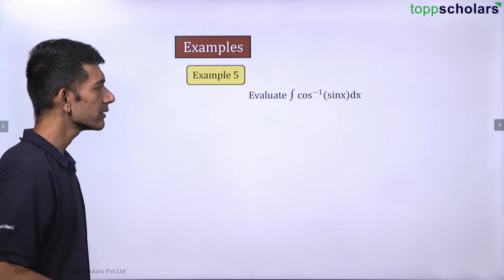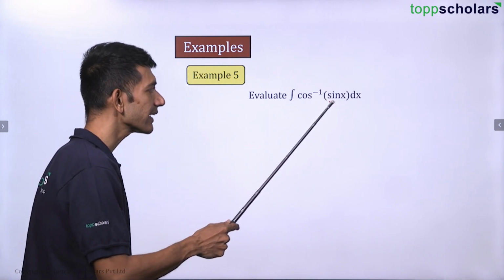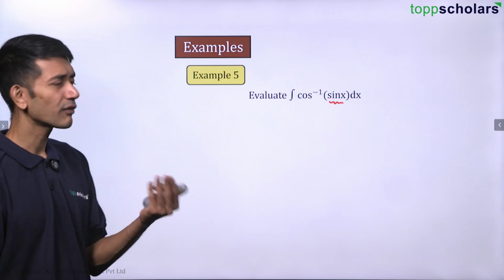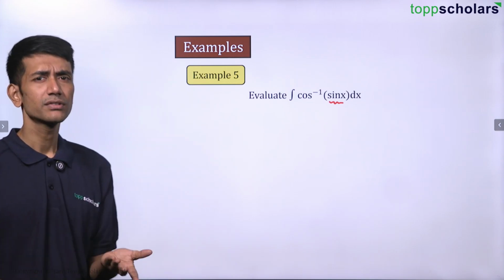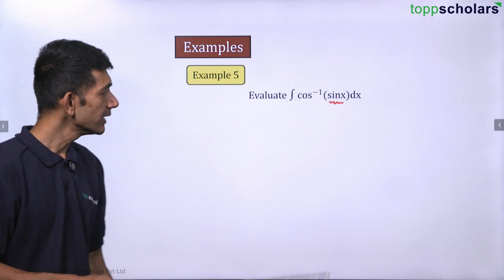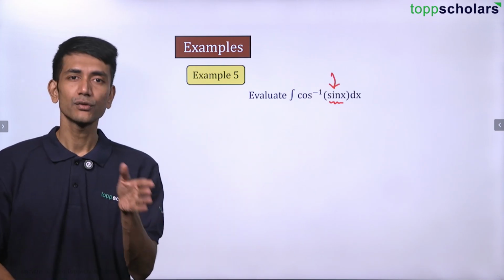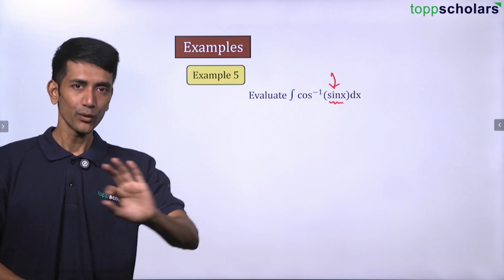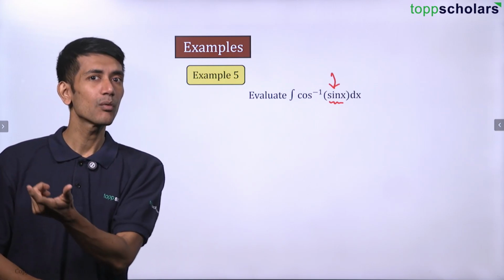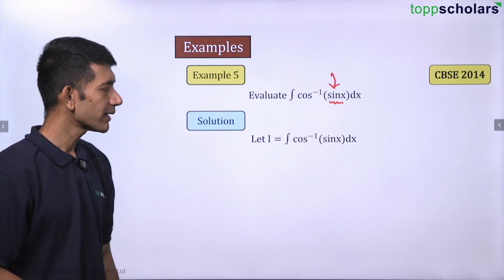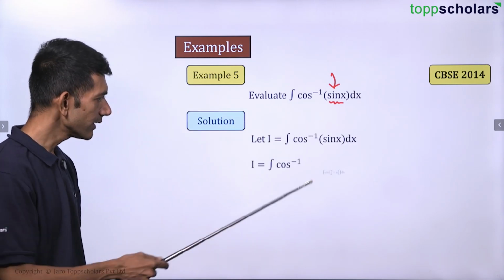Now evaluate cos inverse of sin x. Generally, whenever you get something like cos inverse of something, or sin inverse of something, or tan inverse of something, try to make this cos, because cos inverse of cos, you'll just get the angle, whatever is left, right? So here sin x, but then how do you convert that? We know that sin x